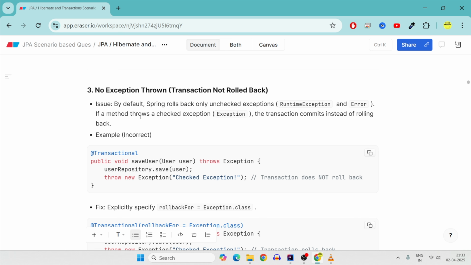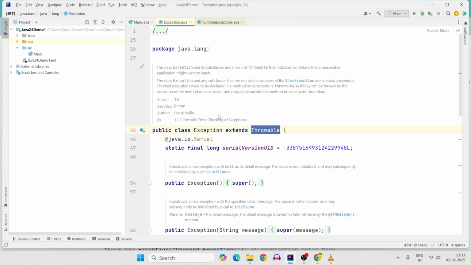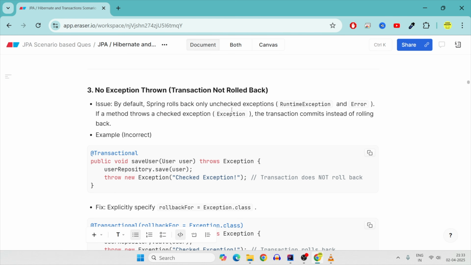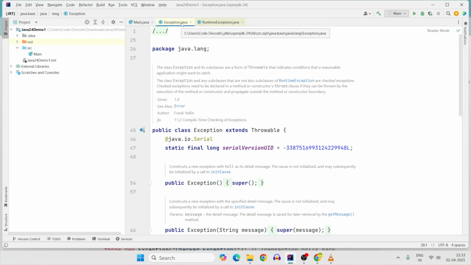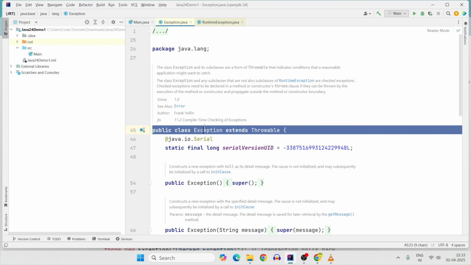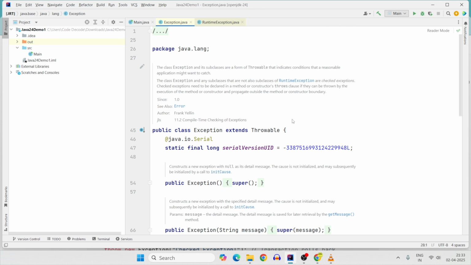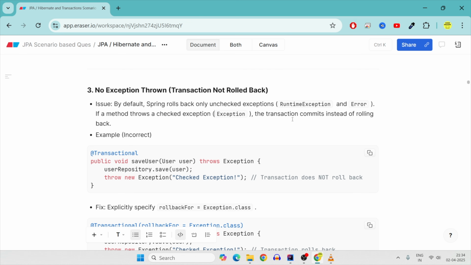If the exception thrown by the method is a checked exception, like IOException or the normal simple Exception, even this simple Exception, if I can show you here, this Exception is a checked exception. I can show you in the Exception.class file that this exception is a checked exception because it is not a subclass of RuntimeException. So if this is a checked exception, instead of getting the rollback, the transaction commits.